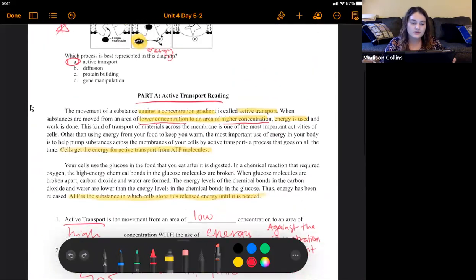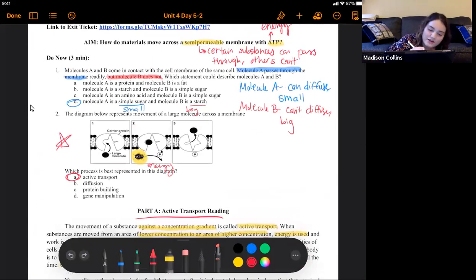Right, so with the do now question, we see that a carrier protein has been labeled. We are going to be using that carrier protein. ATP is noted in this molecule. We see that energy is required. And we can infer that because this is active transport, we're going from a low concentration up to a high concentration. So what these carrier proteins do